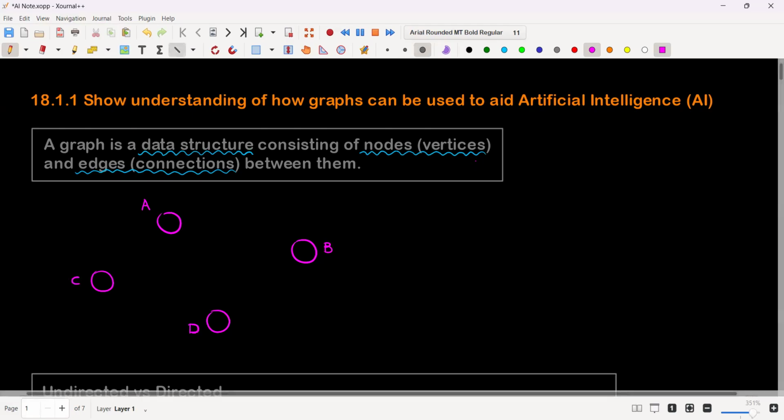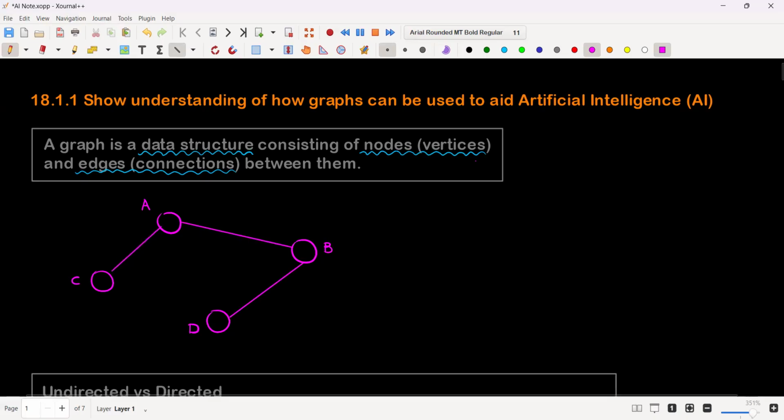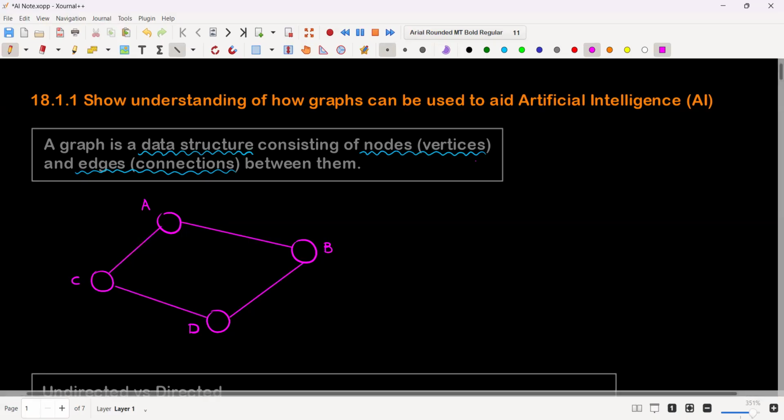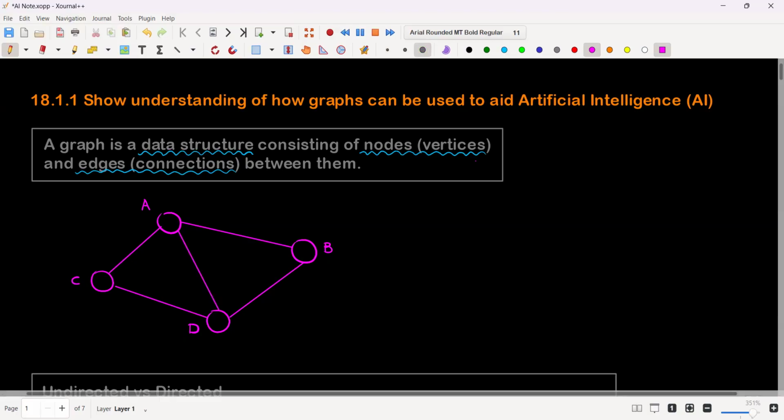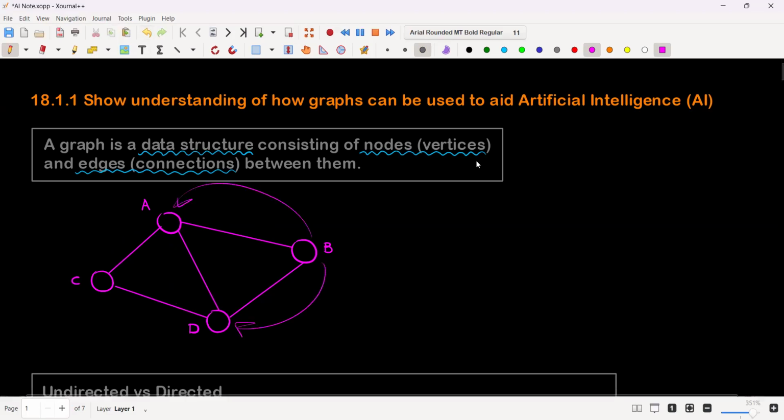Once the nodes have been given unique identifiers, the nodes can be connected together using lines. These lines are best kept straight, and these lines are what we refer to as edges. Some nodes are connected to other nodes, whereas some nodes are connected to every other node. For example, node A is connected to C, D, and B, whereas node B is only connected to A and D. So you can expect that some nodes may not connect to other nodes. In addition,